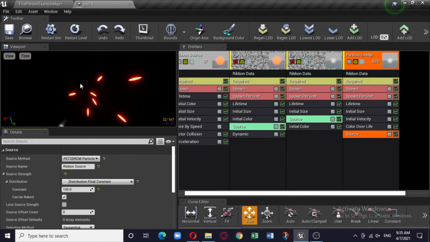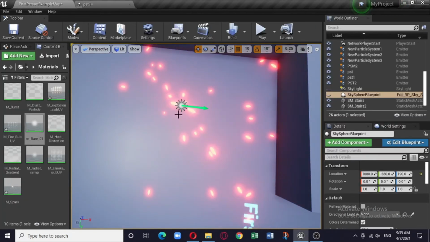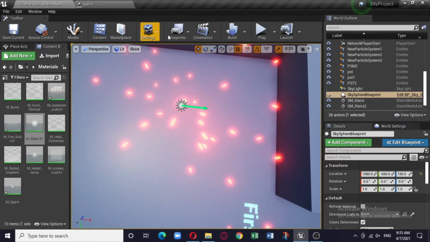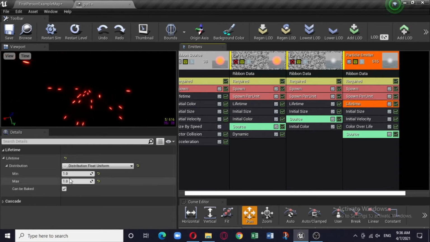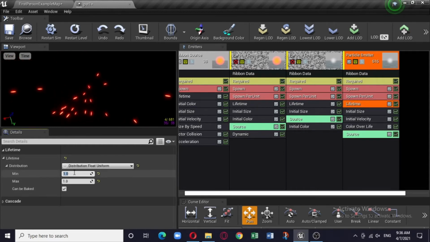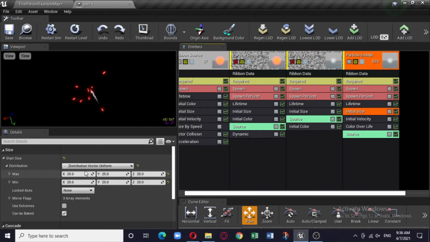Now you can see something is happening, but you need a lot of things to happen. So here is one emitter which is getting emitted. Okay, so you need to change some settings also. Go to lifetime, increase the lifetime from 1 to 1, say you can make it 2 and 3, and initial size, it is up to you, whatever you want to keep.